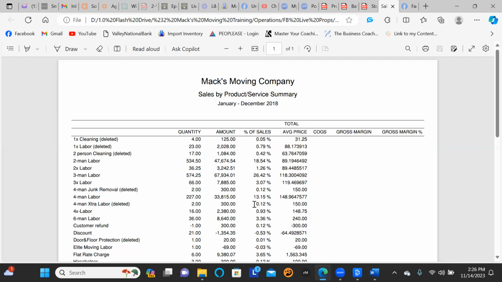So now you say, well, that 4-man only made up 13%, but my 2-man made up 18%. How can I either get more 3-man jobs, 4-man jobs, 5-man jobs, 6-man jobs, whatever, and less of my 2-man services? So if you're just in a smaller market where you're just selling 2-man jobs like hotcakes,